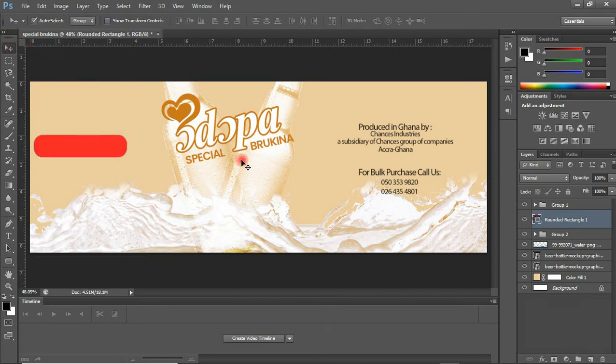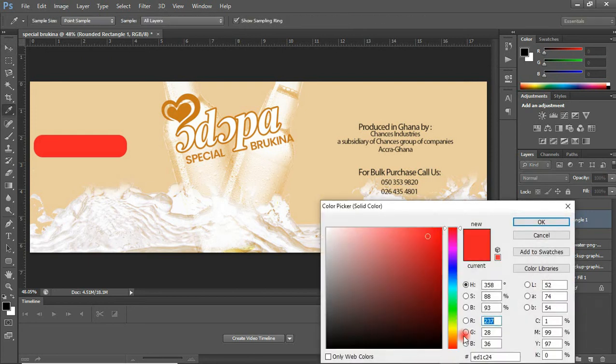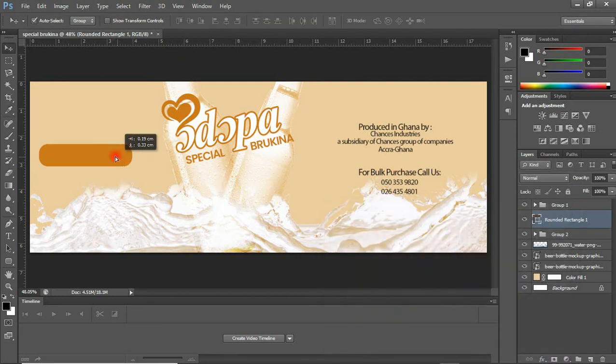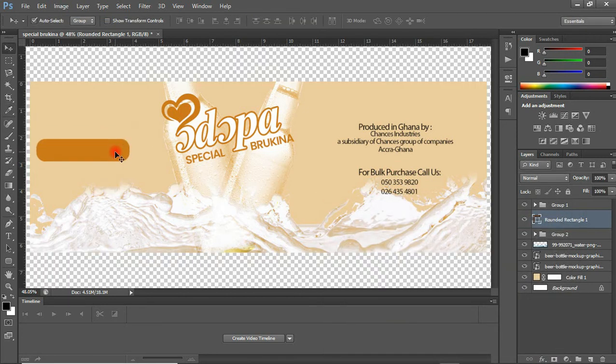So to change the color from this color to this color, with this layer selected, double tap the small box in here and it will give you the options to change the color. So I'm going to select this color and that is it. So my ingredients,